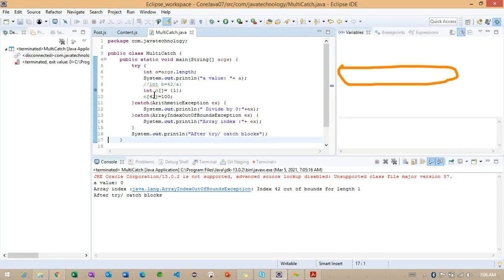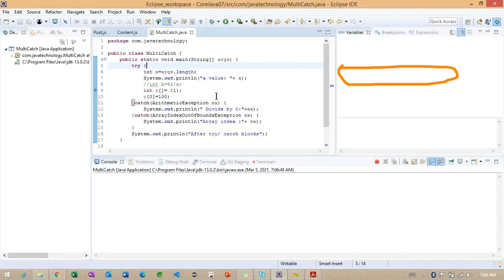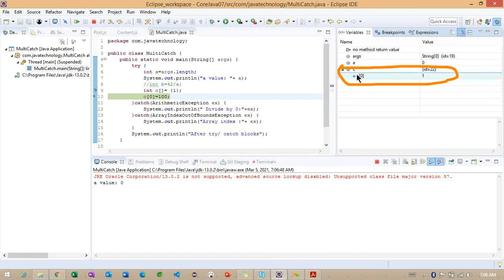The same example I want to run here. So here I want to change to 0. Okay, now observe carefully. Again I'm going to run the same example here. You can carefully observe. So initially the array is created, and inside the location you can able to see 0 is equals to 1.